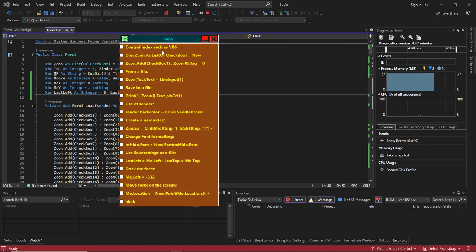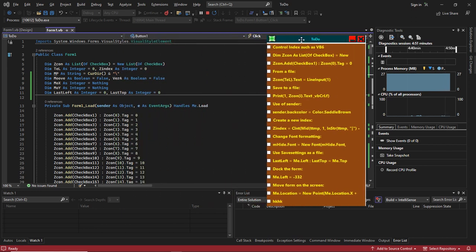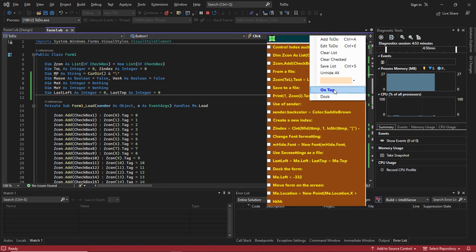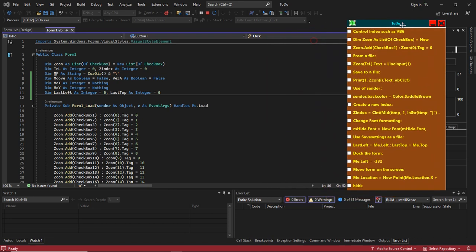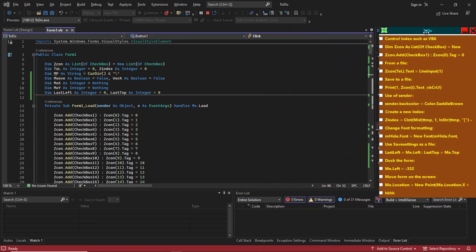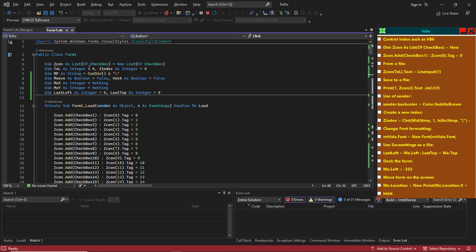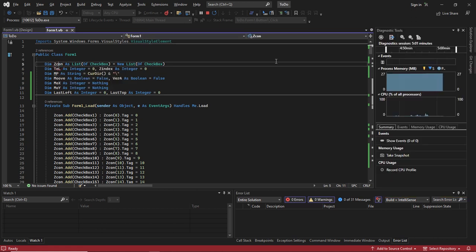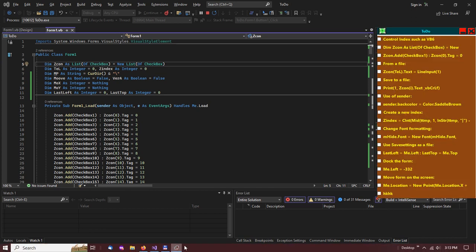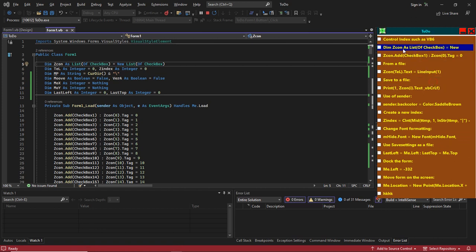I use a control index such as VB6. Let me just put this on top so that you can see what's going on here. This is what I'm using. That is not working. Why isn't it working? You see, it's a different one. Anyway, I use this